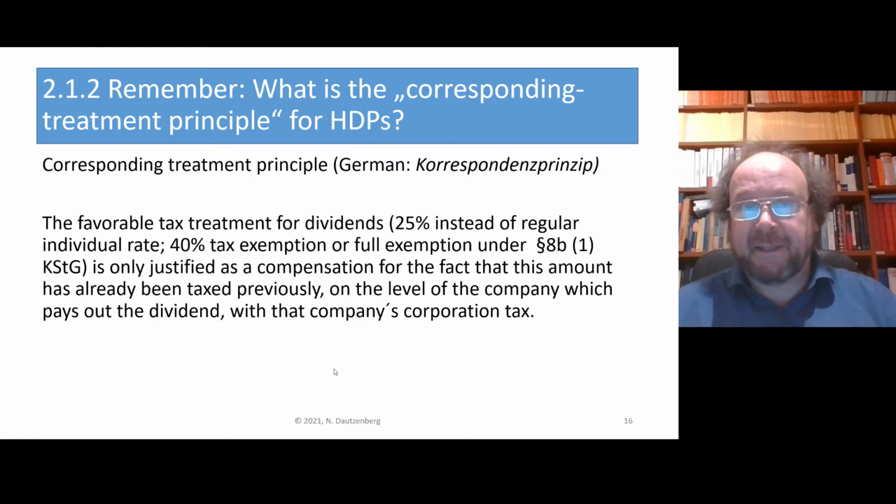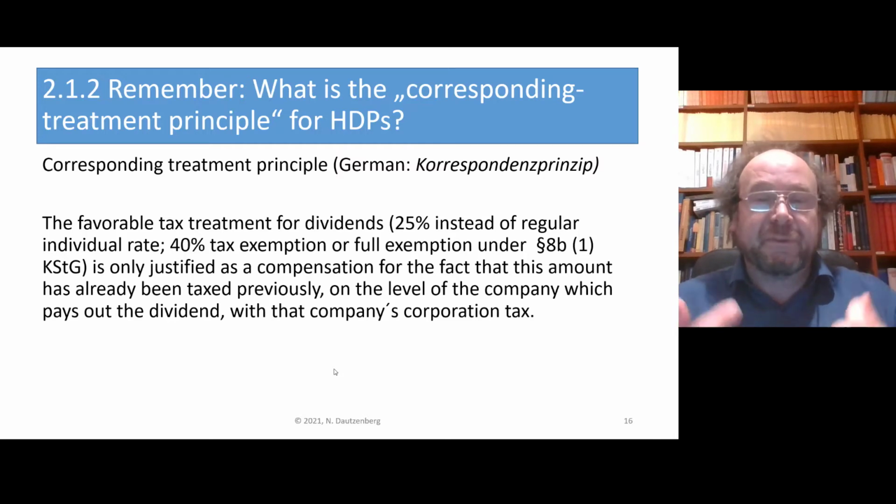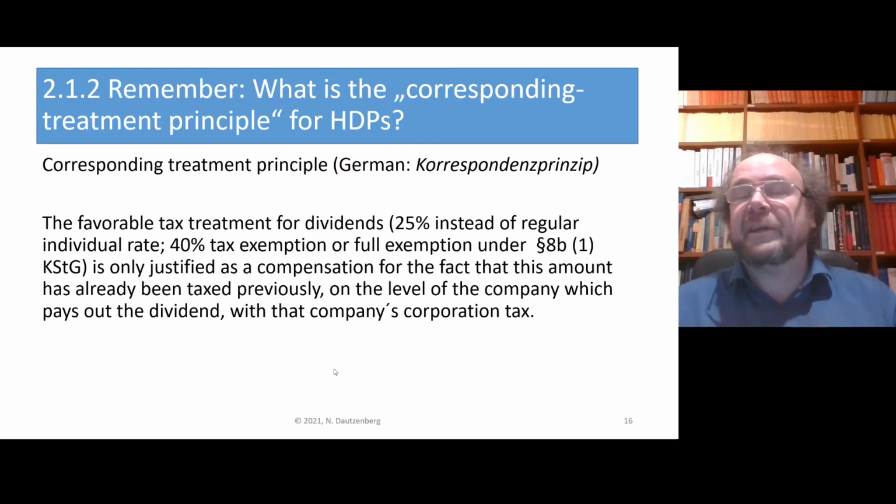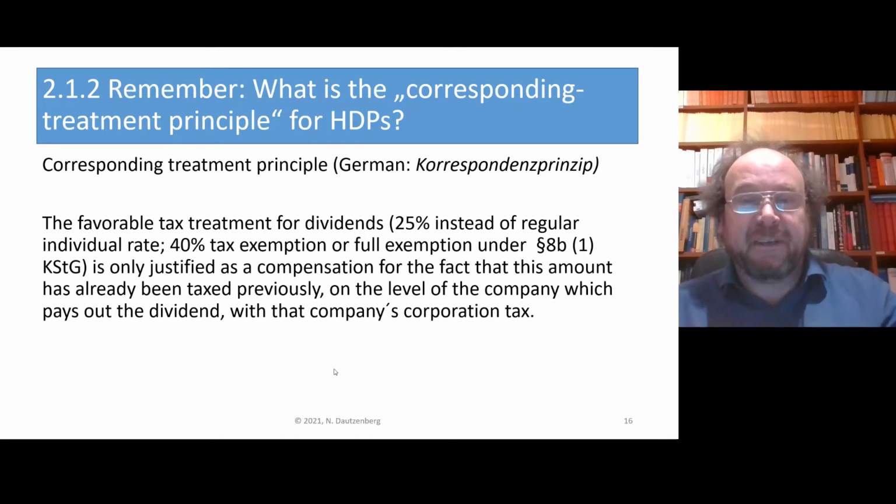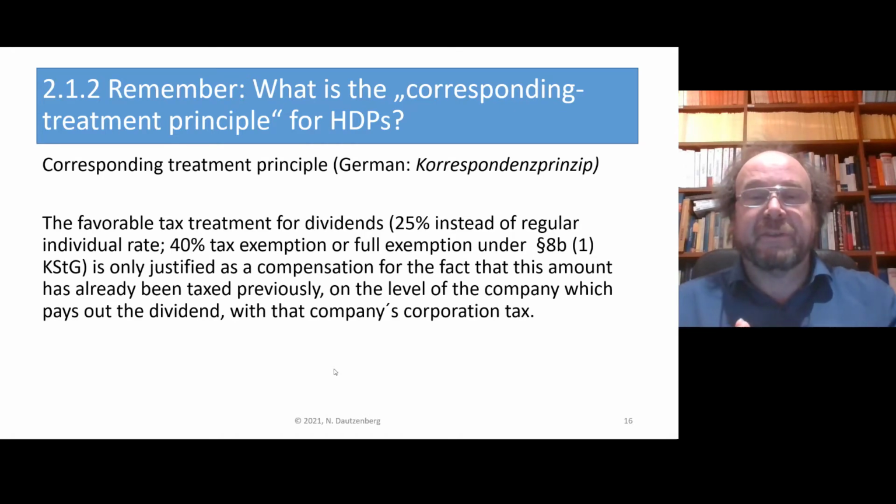Nothing else than the favorable tax treatment for dividends, so that you get a reduced rate of 25%, or that you get tax exemption for 40% of the dividend, or that you get a full exemption under 8b1 KStG. All these three favorable privileges for treatment of a dividend are granted to you